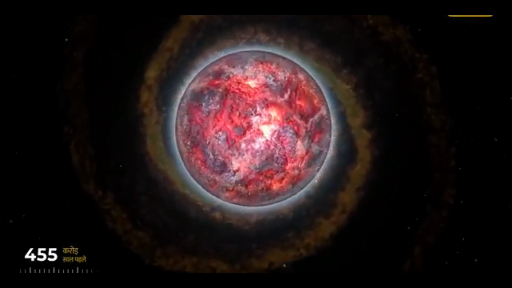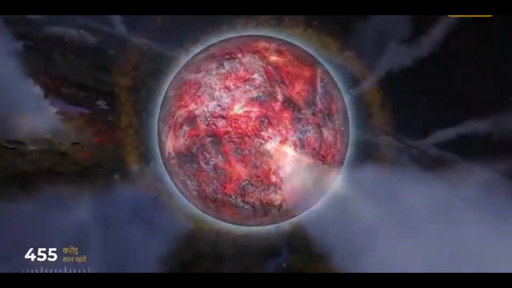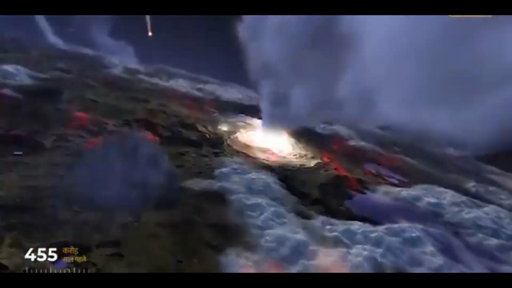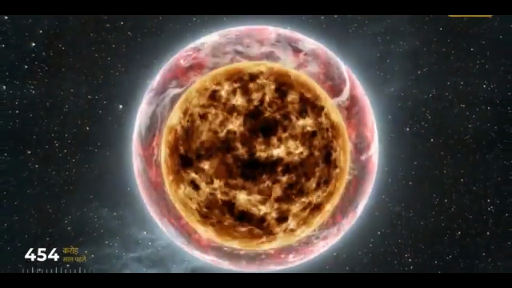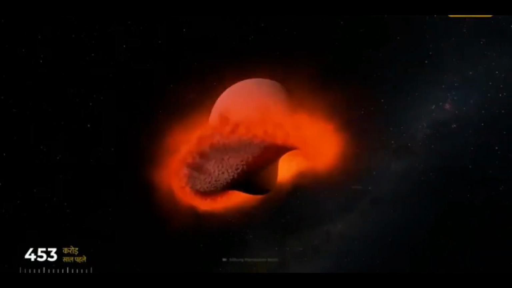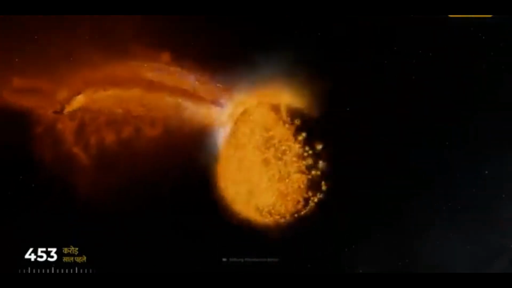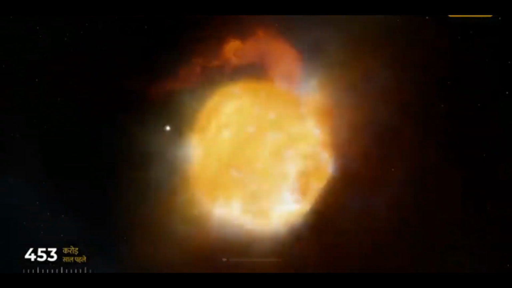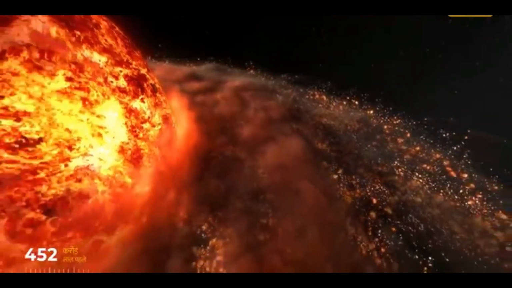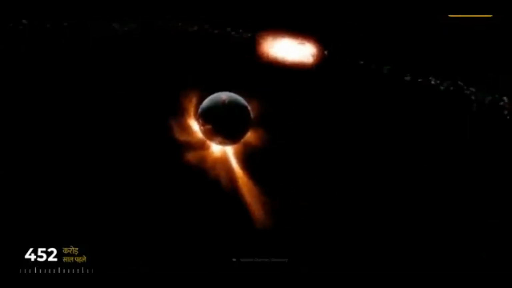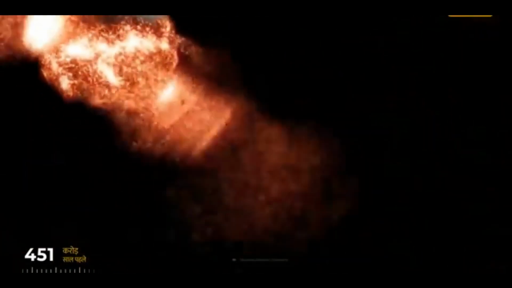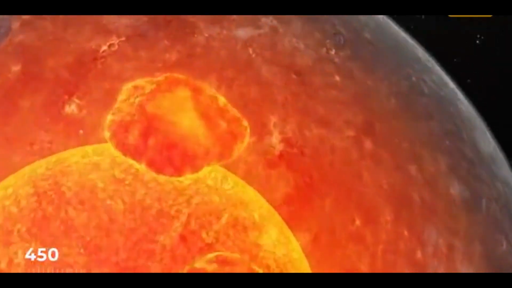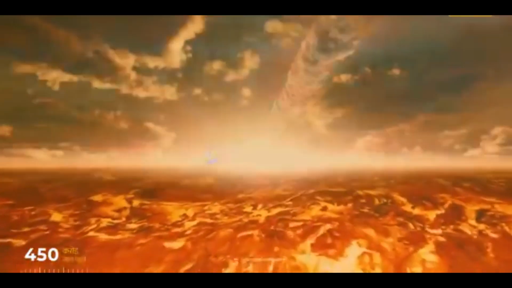At that time, there used to be only one sea on Earth, and that was boiling at a temperature of 1900 degrees Celsius. All those things were boiling, which you know today by different names. Along with this, the Earth was gradually cooling down, due to which the heavy elements of the Earth like metals and radioactive substances got collected in the center of the Earth, and the lighter substances came to the surface of the Earth. For millions of years, meteors rained on the Earth, and salt, minerals, and water were deposited in these falling meteors. For years, these meteors kept raining, and slowly the upper surface of the Earth started getting covered with